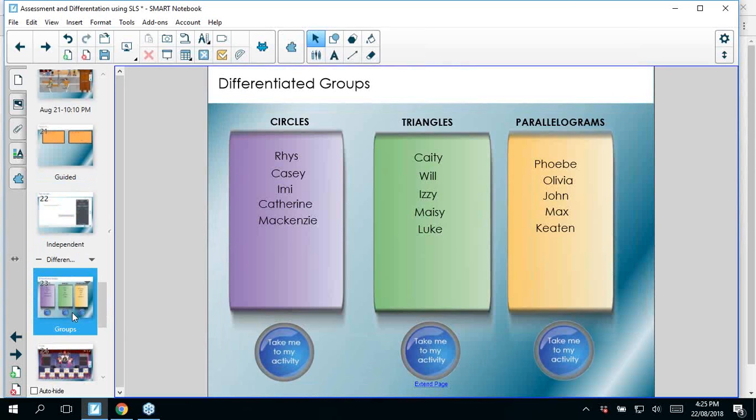So I then use my groups. Here they are. I can move the kids around according to what my spreadsheet says. I usually get them to do another activity. In this particular case, they were doing a problem-solving activity where they were matching the order of operations expression to a problem-solving expression, like a word problem. And while they did that, I was able to just quickly look at the results